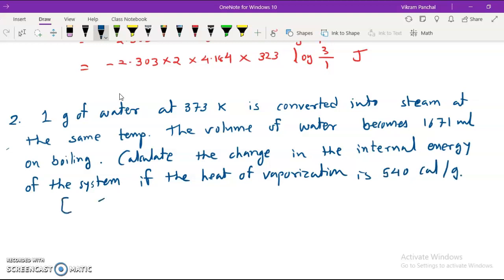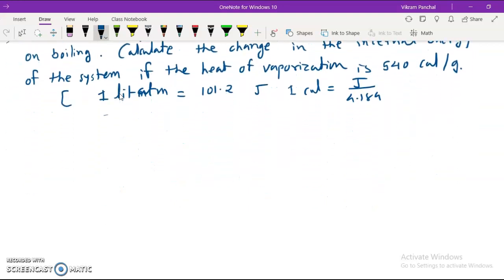Even this is given, change in different units: 1 liter atmosphere is equal to 101.2 joule, and 1 calorie is equal to 4.184 joule, or 1 joule is equal to 1 upon 4.184 calorie. So this way we can change it. Okay. So answer of this question would be